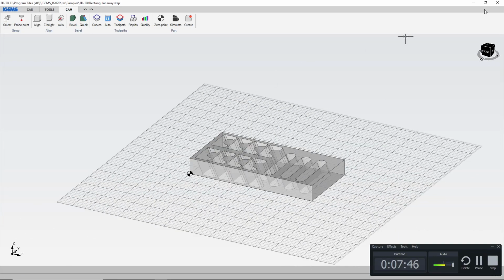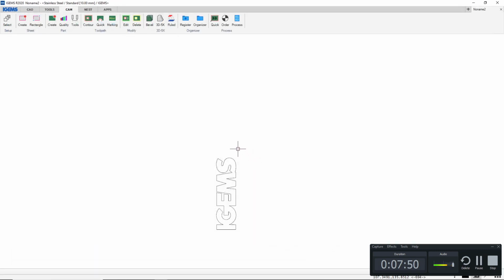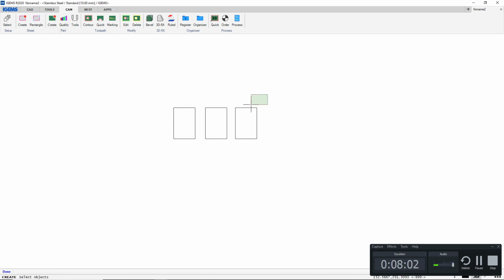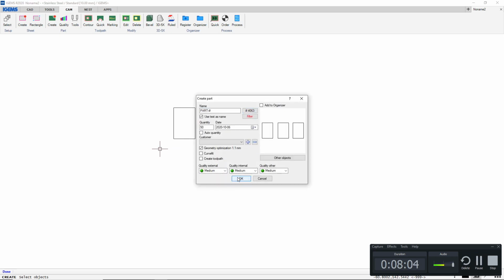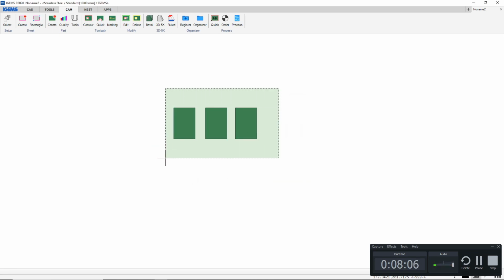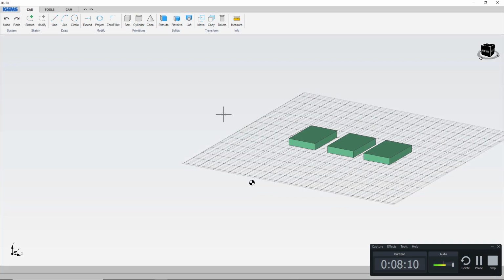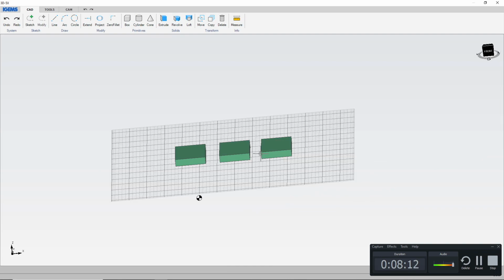For the last command of the day, I will create 3 of these squares, like so. Create part of them, like that. Alright. I will select them, and I will click on 3D5X. They will get imported, and